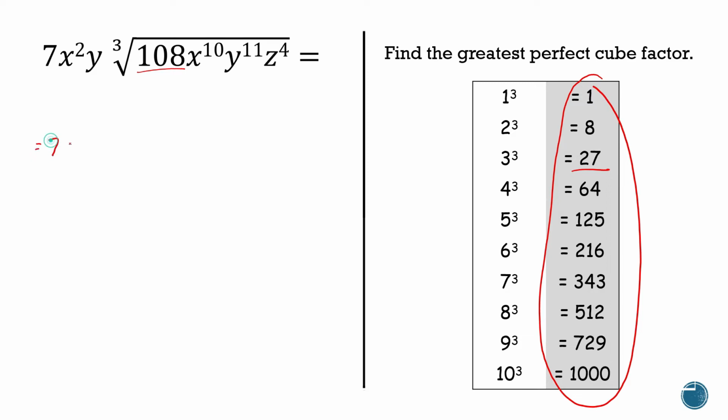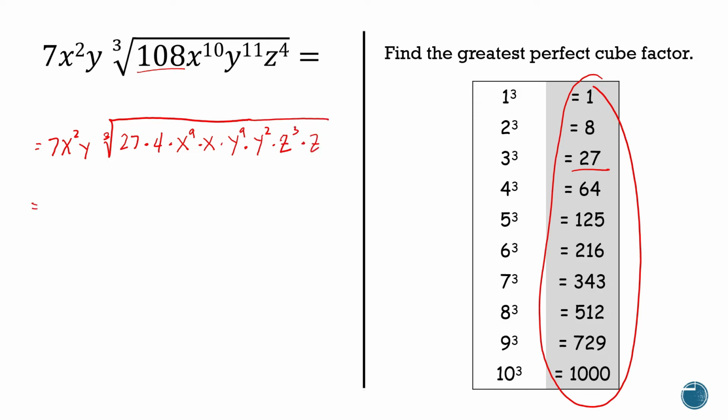So we can rewrite 108 as 27 times 4, and x raised to 10 is x raised to 9 times x. y raised to 11 is y raised to 9 times y squared. And of course, z is z raised to 3 times z, equals